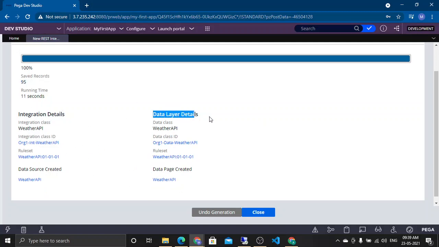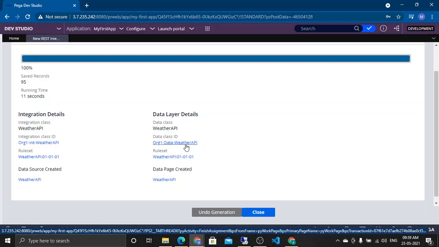For data modeling, to store this response, it has created this data layer. It has created a new rule set to store all the rules for this data layer. And for the integration classes, it has used this class org1 int weather API, and this is the rule set it is using. You see this is the same, I think.